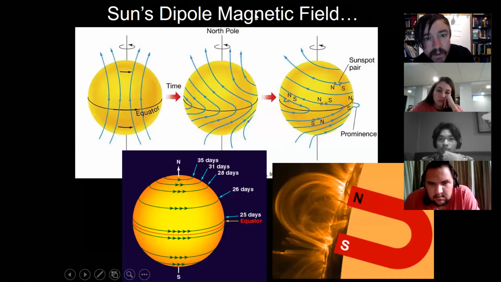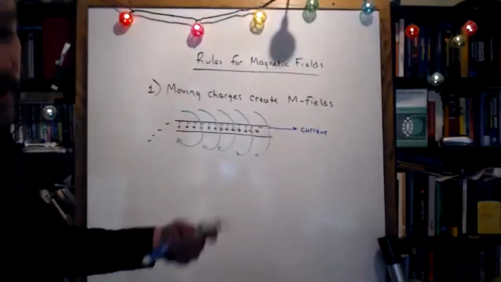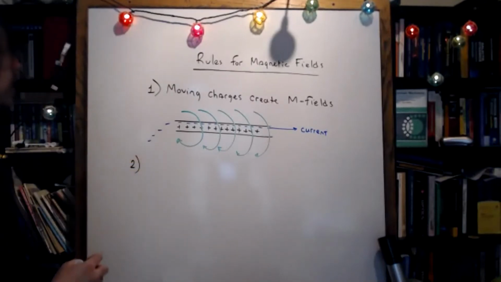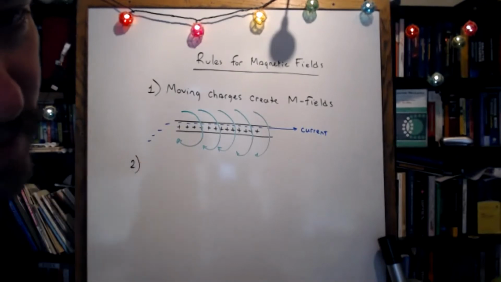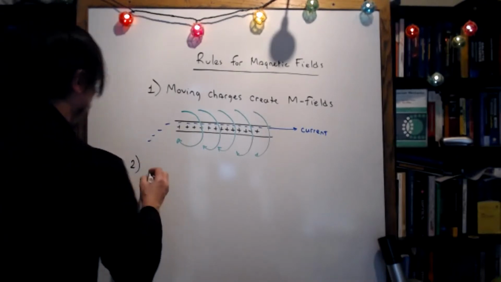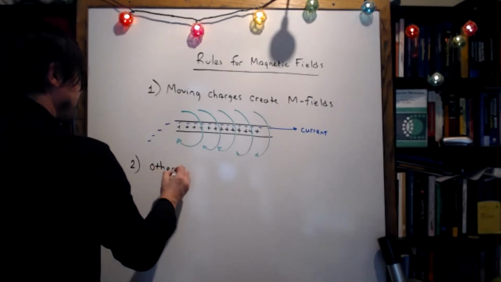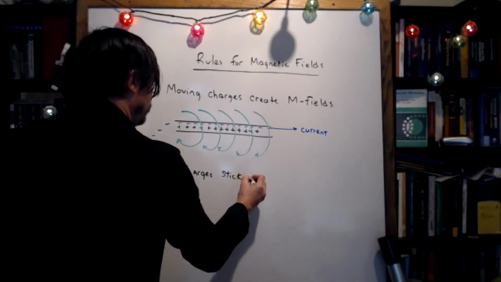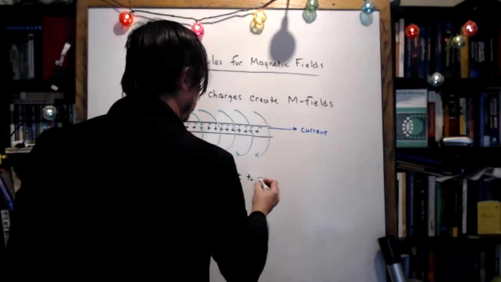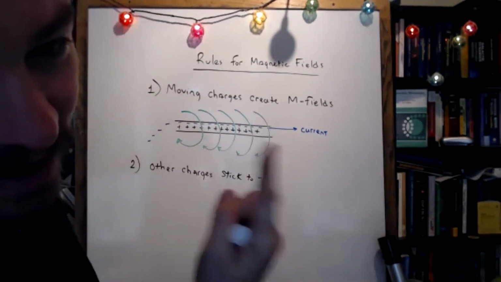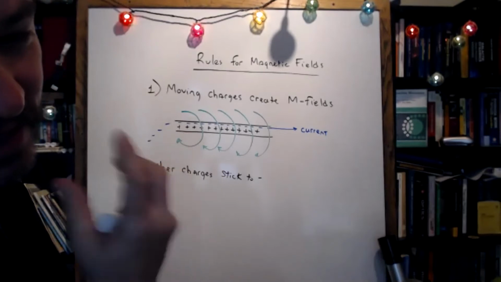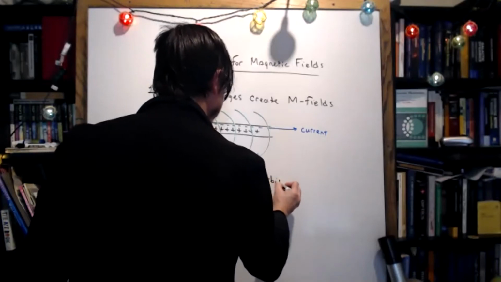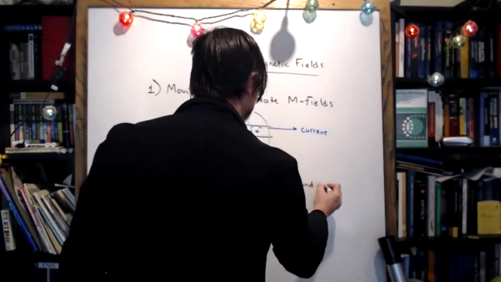But first, let's have a couple other rules about magnetic fields. So it's time for your second rule. Once you've generated your magnetic field, other charges that come along will either stick to, or they actually kind of orbit around magnetic fields, but it's the same as kind of sticking to them. They stick to, or they orbit around